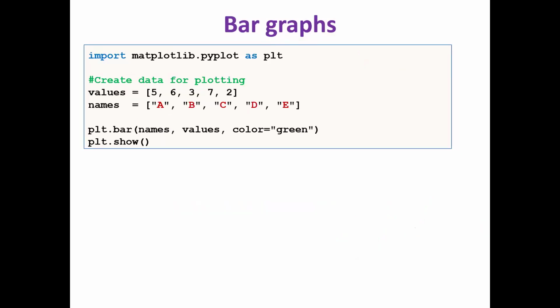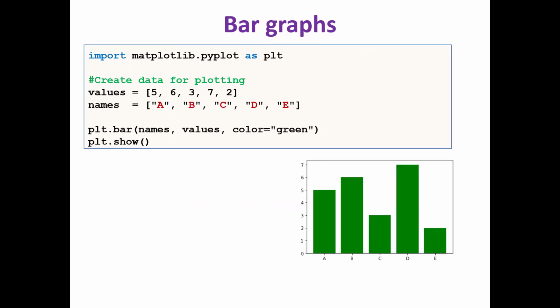So this is to have a bar graph. Next, bar graph. To draw a bar graph, the bar method is used. Same thing, import matplotlib.pyplot as plt. In plt, I am accessing the bar method. For line plot, we have given plot; similarly, we have given bar. In the bar, first I'm giving names, the second one is values. Names correspond to X, values correspond to Y.